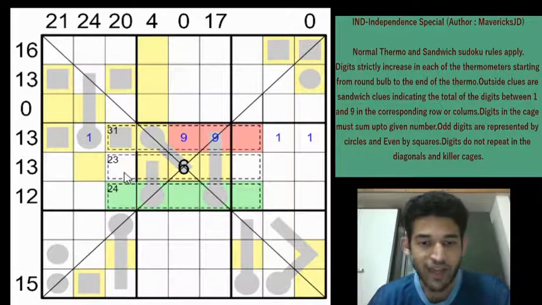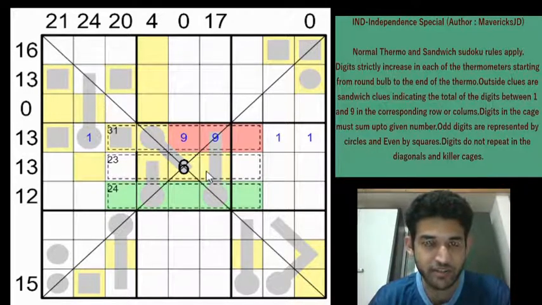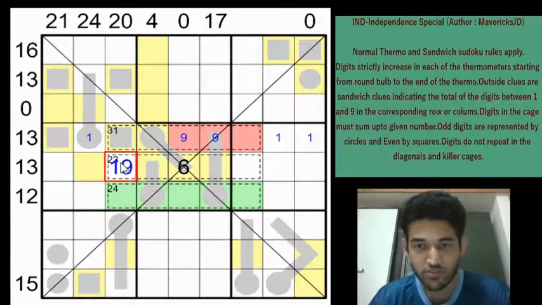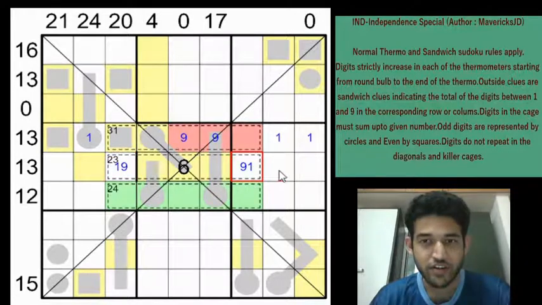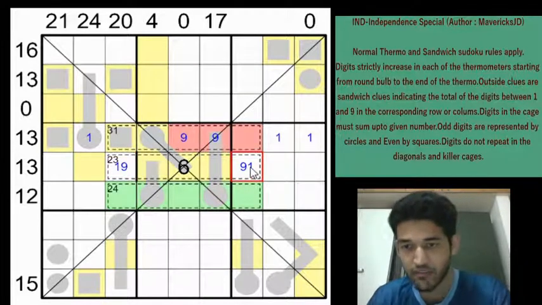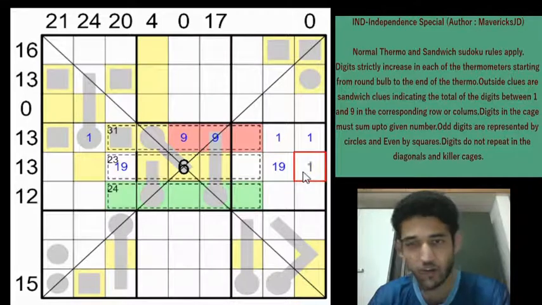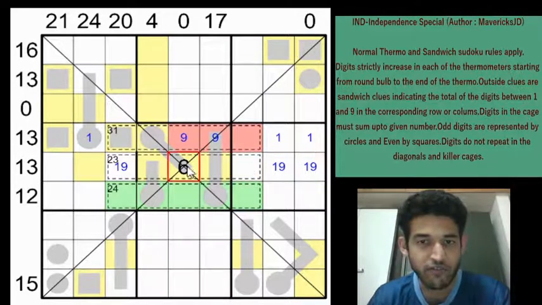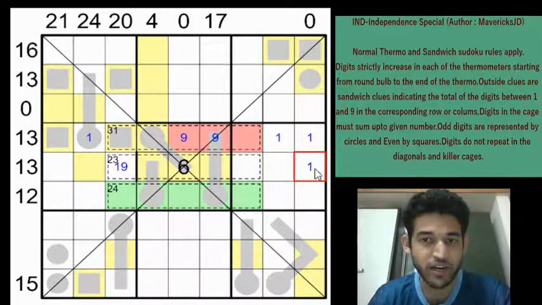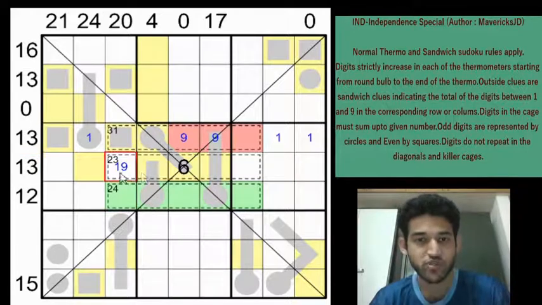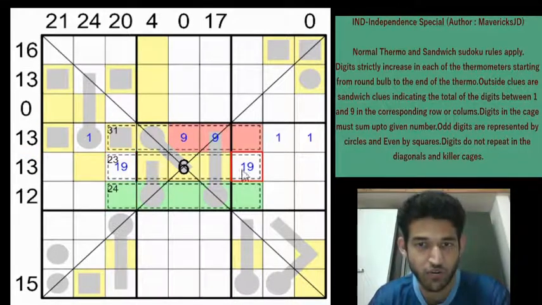So we will have at least 3 cells between 1 and 9 in this row, and that has to be the case because otherwise we will get a violation. So this will be a 1 and 9 and this will be a 1 and 9. Great, right? Because if you have any other possibility, for example, if you have a 1 and 9 here or 1 and 9 here anywhere, we will have 4 or more cells between the 1 and 9 which will violate the 13 clue. So this is the only possibility for the 1 and 9 in row 5.